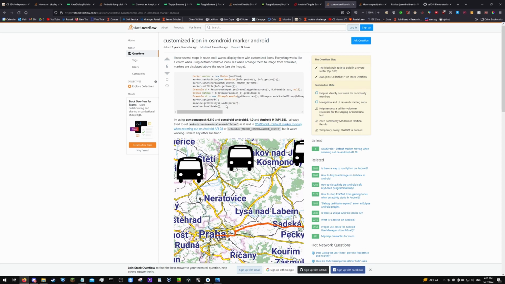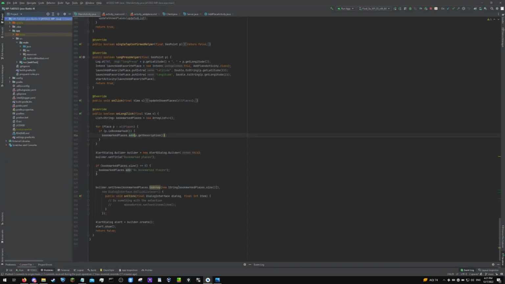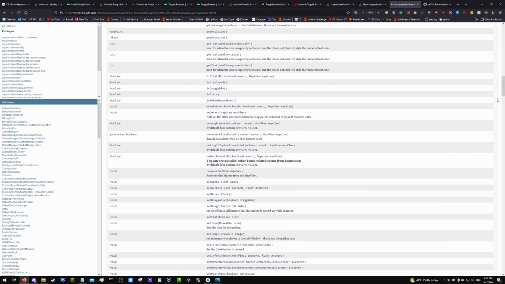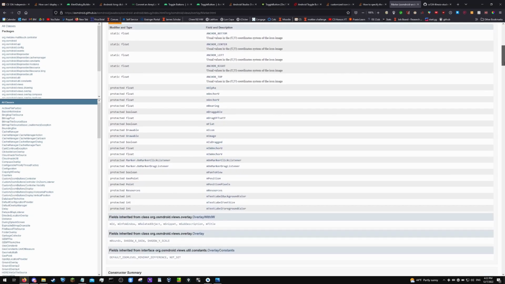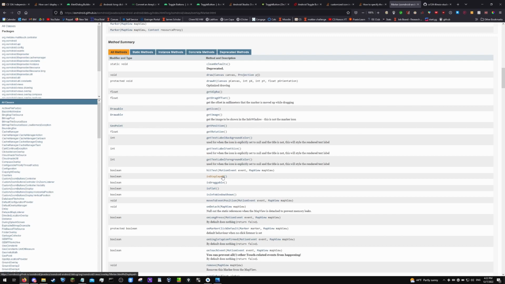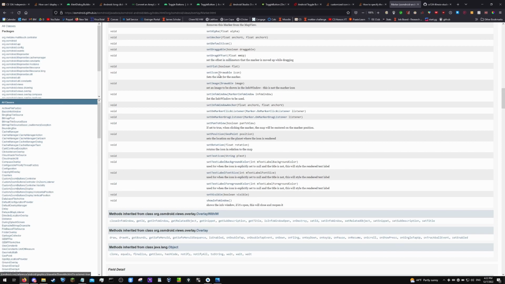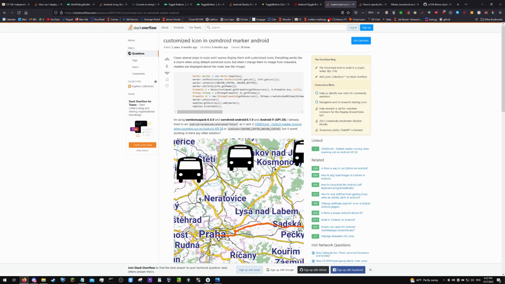I would say that's our main challenge, because first off I looked through all our project files and tried to find where that marker file was, and I didn't find anything about it because it is implemented with the marker library that was just imported. So that's the default marker. Once I found that out, I went to the marker library. I looked through all the methods, like get icon, is displayed, those kinds of things. But more importantly, there's a set icon method which I used, and that lets me set a custom image for the icon. In this example it would be a bus, but in our example